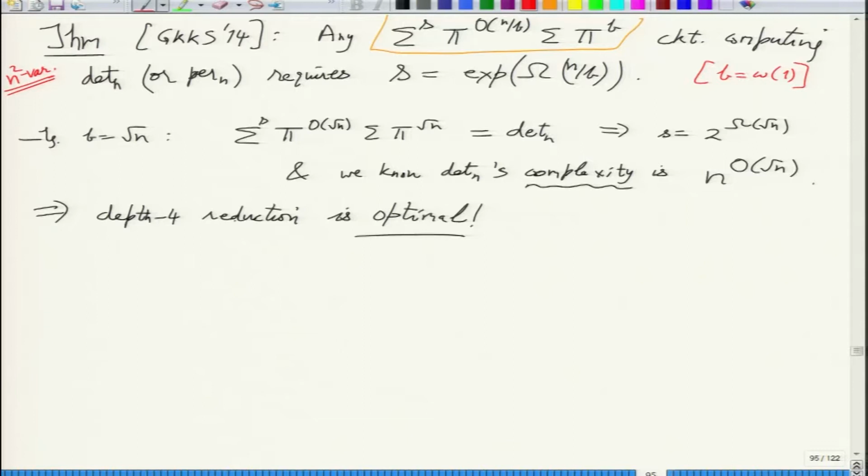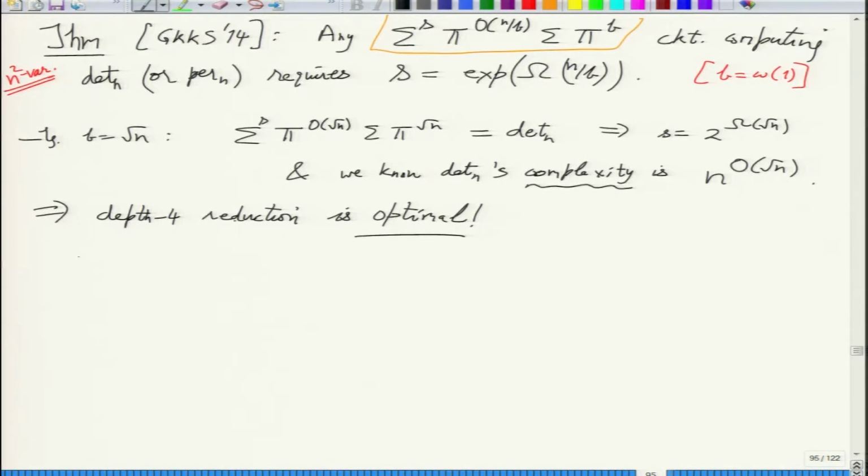Okay, so if you take b to be square root n with the balanced version, then you get 2 raised to square root n, and you know a construction n to the square root n. So this is nearly an optimal lower bound, and hence the depth 4 reduction is also optimal. Right, so this requires the new tool of shifted partials. This result was